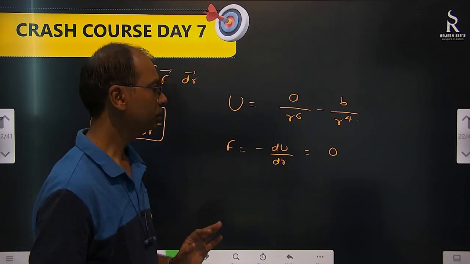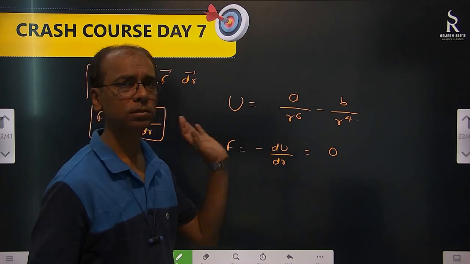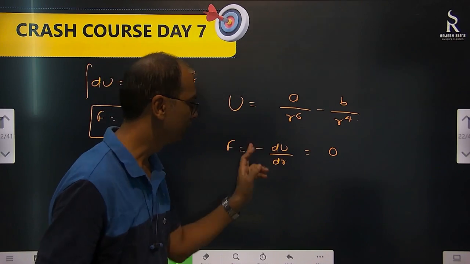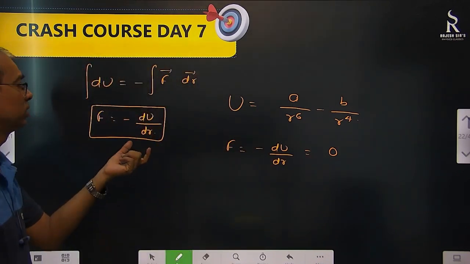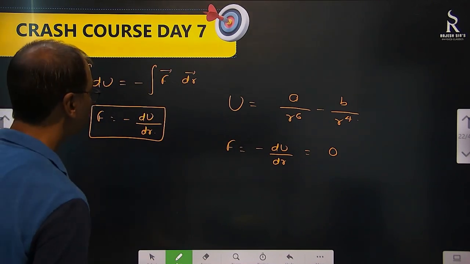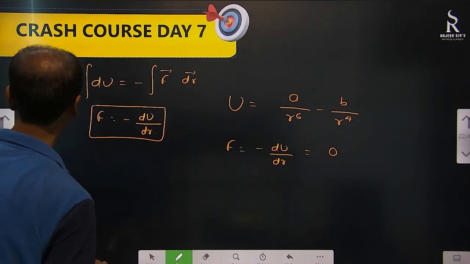Okay. So find the position at which the body is in equilibrium. This function is given. Differentiate it and equate it with 0. Because differentiation of the potential energy function gives you force. And equilibrium means net force is 0. Okay. So F equal to minus dU by dr. Very important. Then